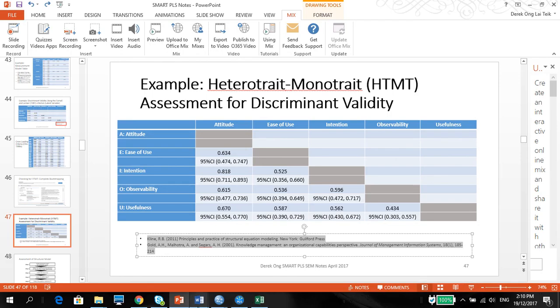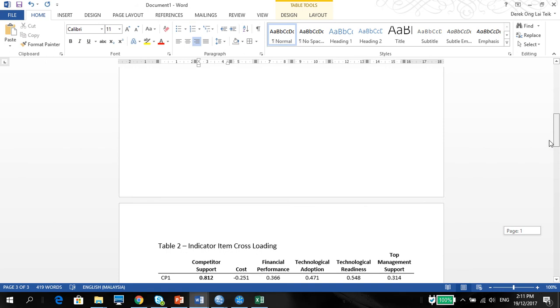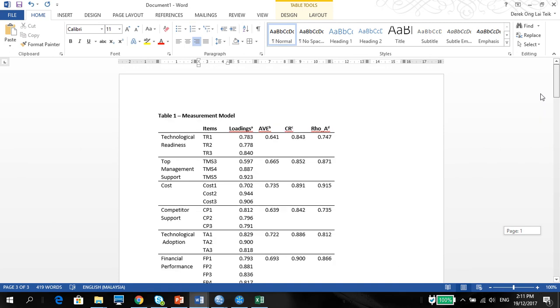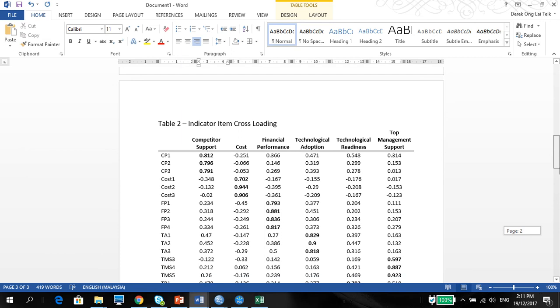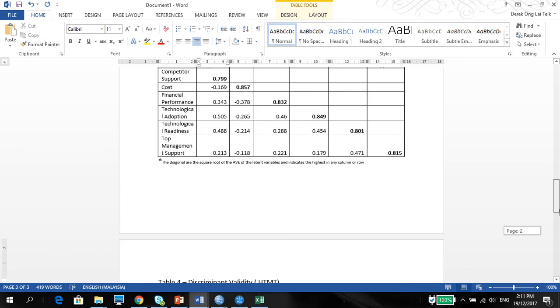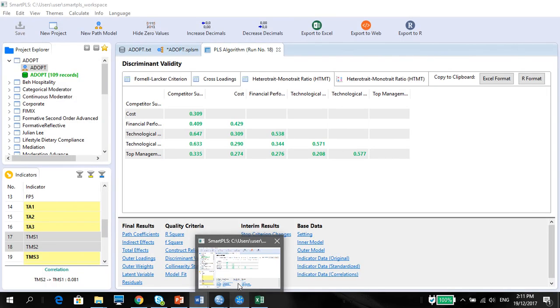So, with that, I want to say that you have done everything you need to do for your measurement model. This, the cross-loading, the discriminant validity with Fornell-Larcker, and the HTMT. And my next video will cover a little bit